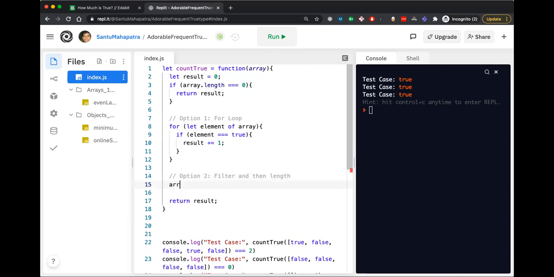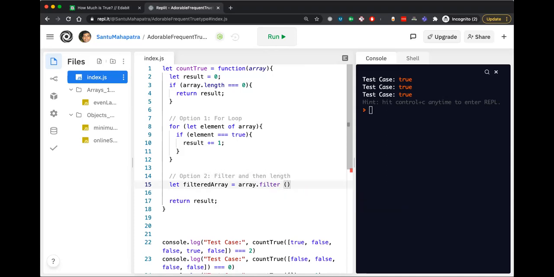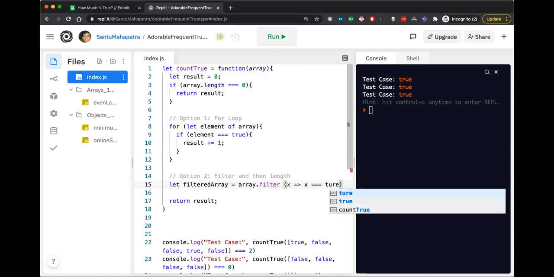So I can do let filtered array equal to array dot filter, and then if the element is x, then I can check whether x is true or not.